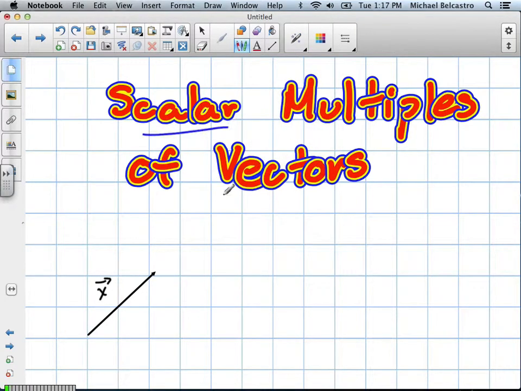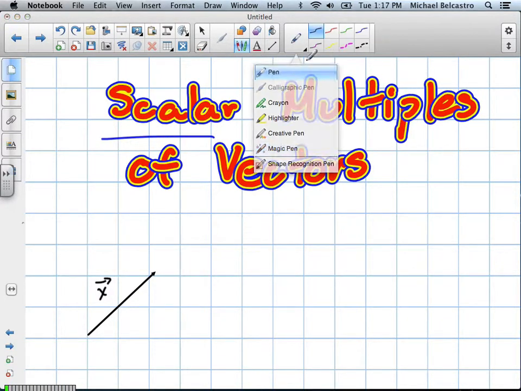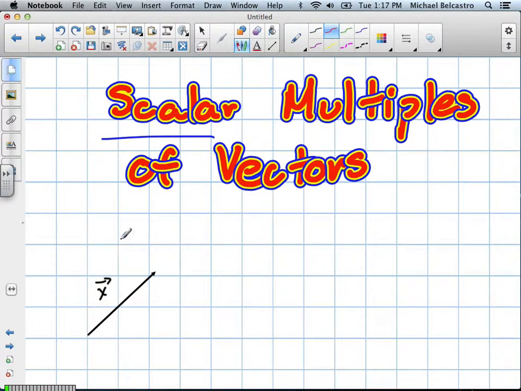We're going to go over scalar multiples of vectors. So we're going to talk about this vector x. We're not going to actually write what the magnitude of it or a specific bearing direction is. We're just going to look at it and talk about how to apply a scalar multiple to it. So let's say they would like us to draw the scalar multiple of 2